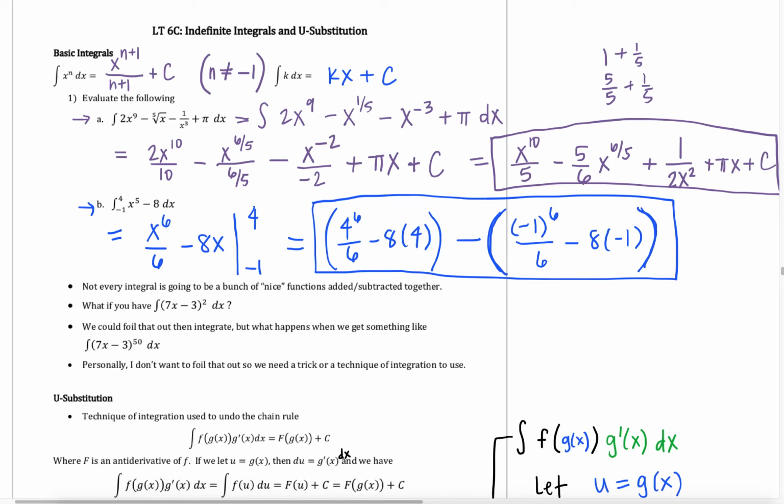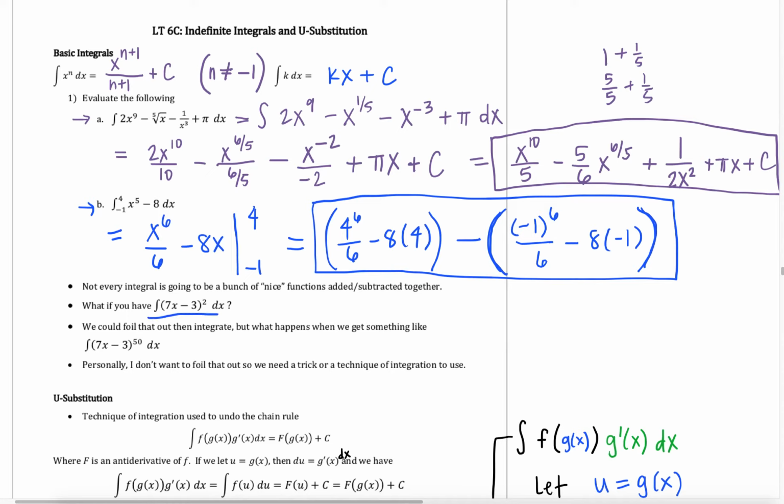As you go take other classes, you're going to learn other techniques of integration, such as integration by parts, which undoes the product rule. You might learn how to integrate partial fractions, integrate some other more complicated functions as you continue on with your math classes. And the reason that this happens is, well, what happens if I have an integral like this,